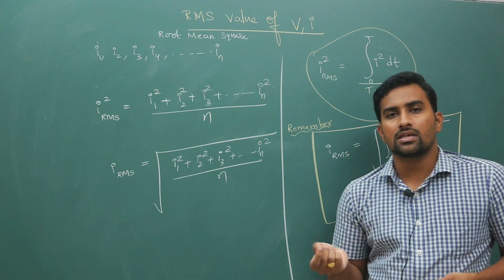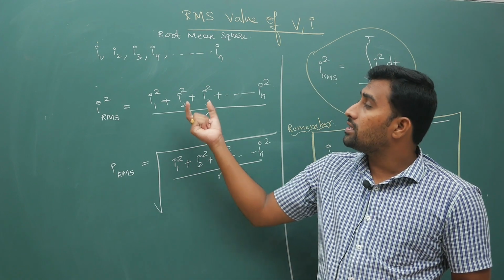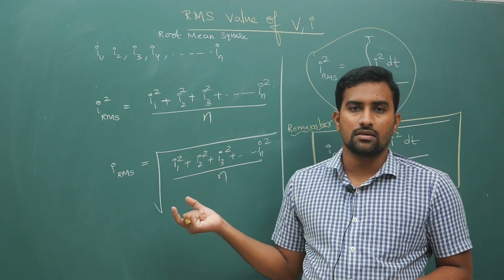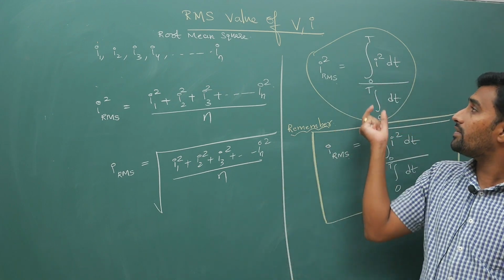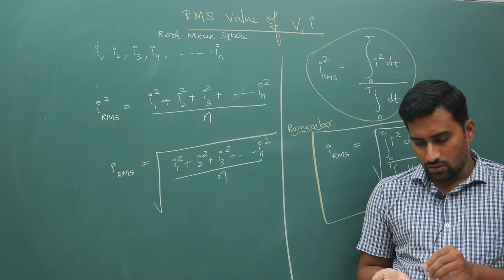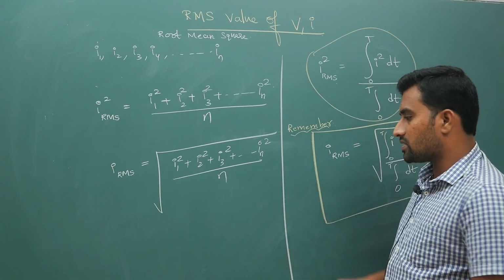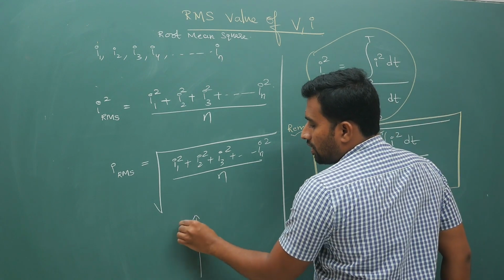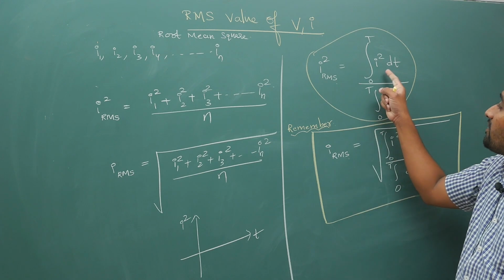Hope you have understood what I am trying to explain here and there are no doubts. If individual values are given, use the first definition, and if trigonometric functions or some general function is given, use this definition: square it, integrate, and then take the root. Now logically speaking, your average value is the area of the graph. Similarly, if you have to draw the I square versus t graph, it is the integral of I square versus t.